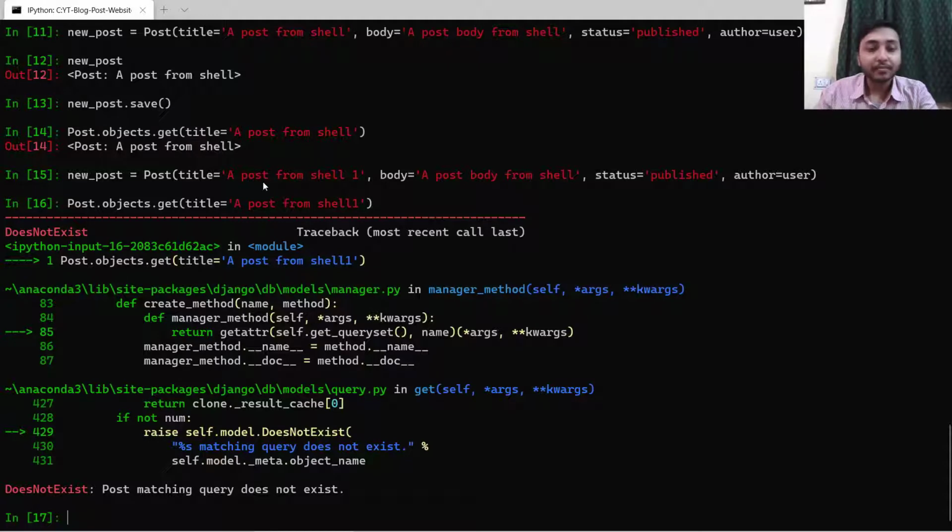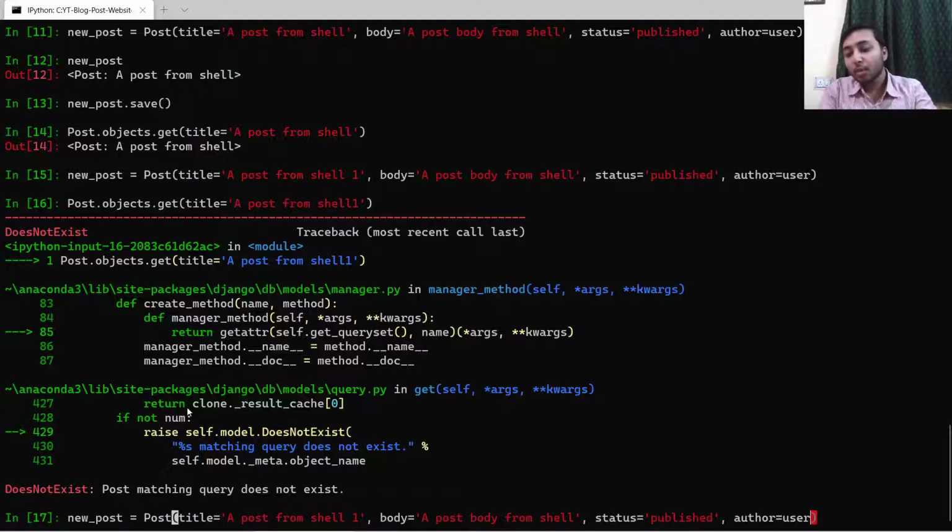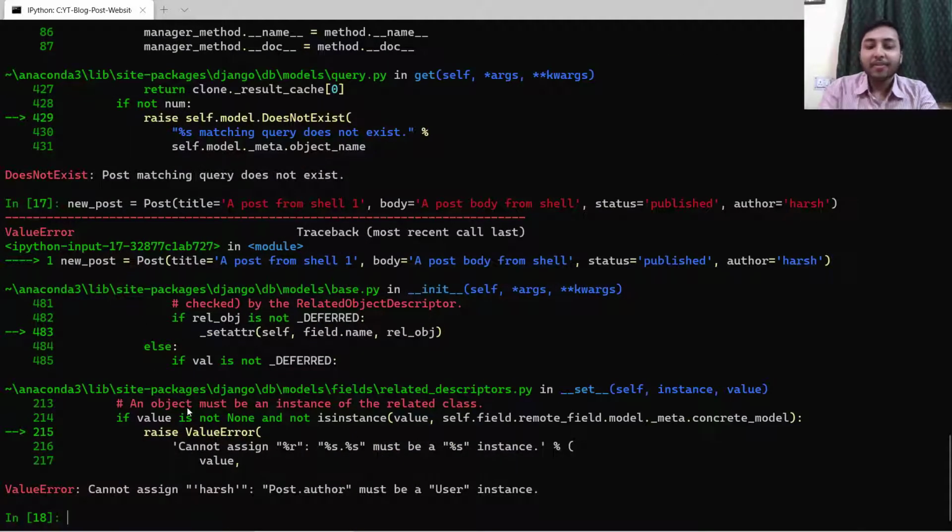Okay, it's clear. Another thing I would like to tell you, again, I will create a new post, and in this post, instead of using the user from the user model, I will just write in the string Harsh, because Harsh is the author. Press enter and we got an error.